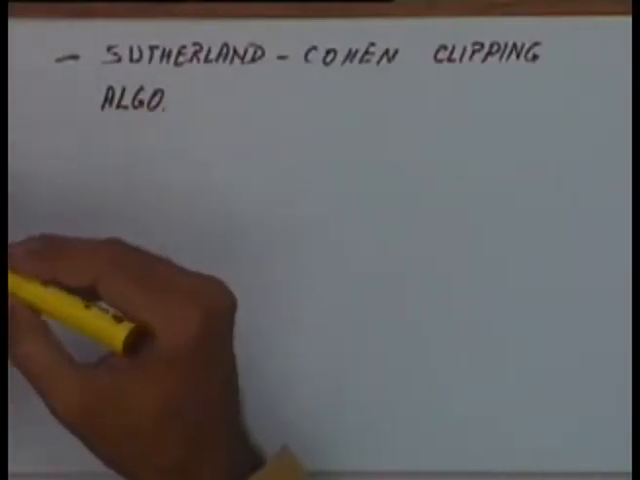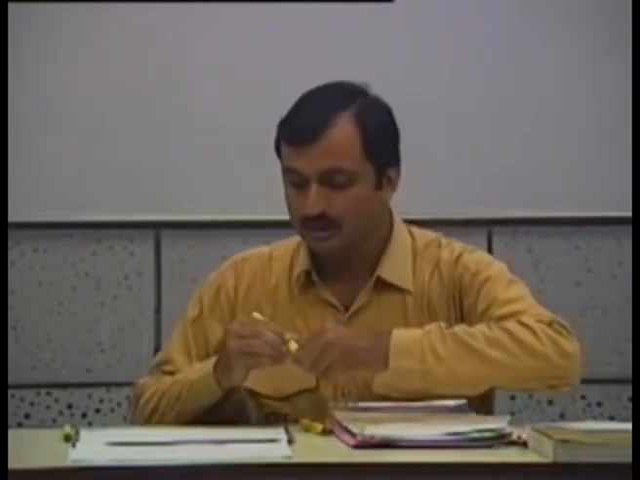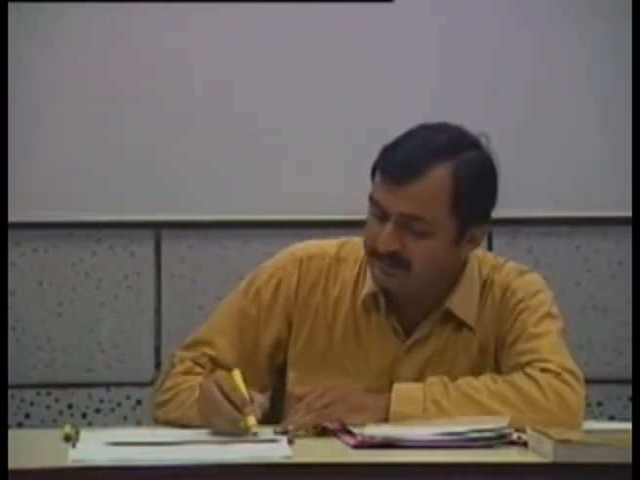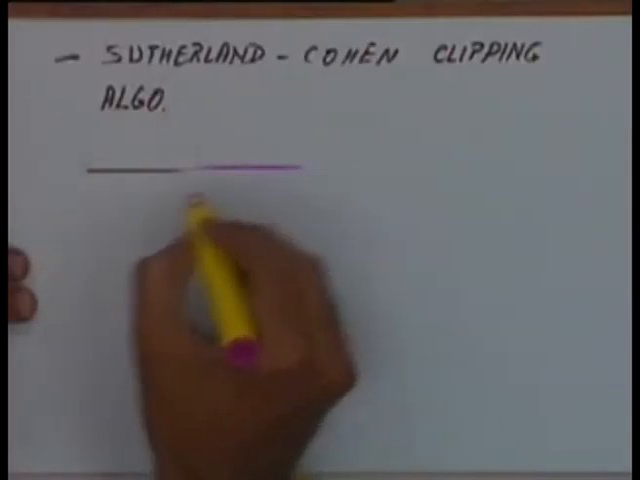Sutherland and Cohen are the names of two scientists who have developed this algorithm. Now, the problem of the previous algorithm that comes is that